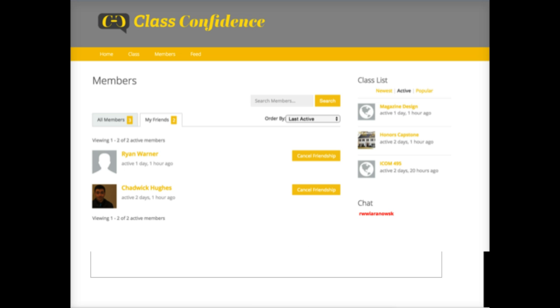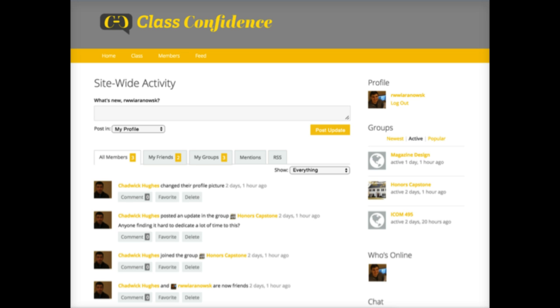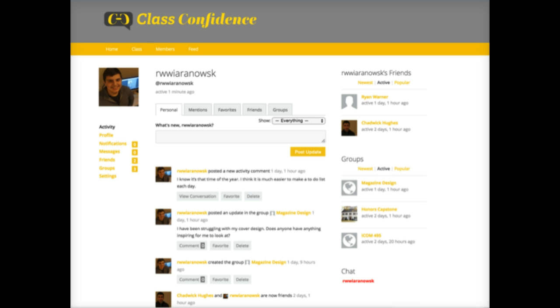And then you have your members page. Now, when this was made, I put this image in the slideshow. This was before we added a good amount of members, but right now I think we're close to 15 to 20. And you can just see all your members, so it's really easy to make friend requests. And you can see the site-wide activity if you go to the feed page, so you can see all the site-wide activity that's public on the feed. You can also make a post on this page. And this is the example of the profile where you can see your notifications are on the left-hand side, friends are on the right, and the groups and chat are also on the right-hand side.